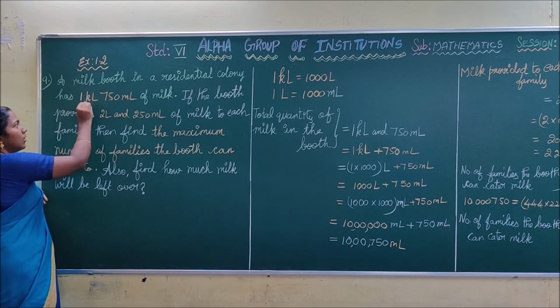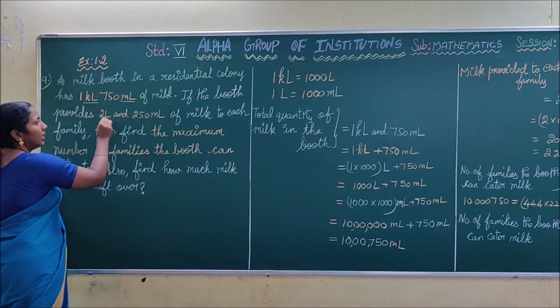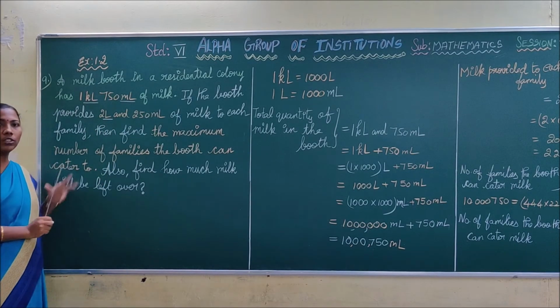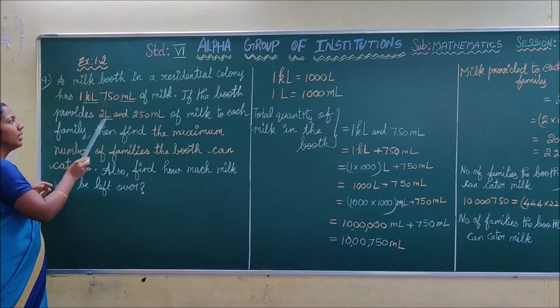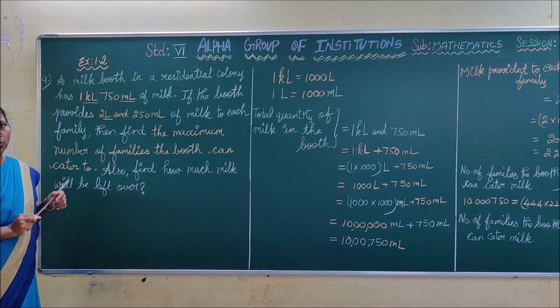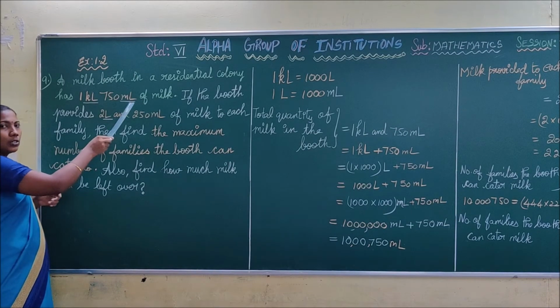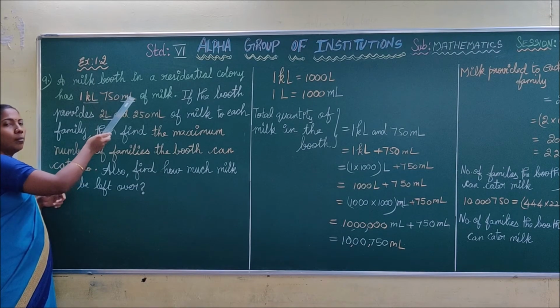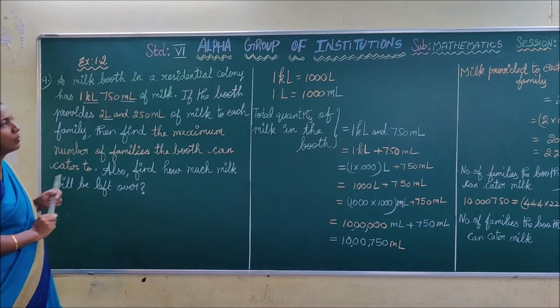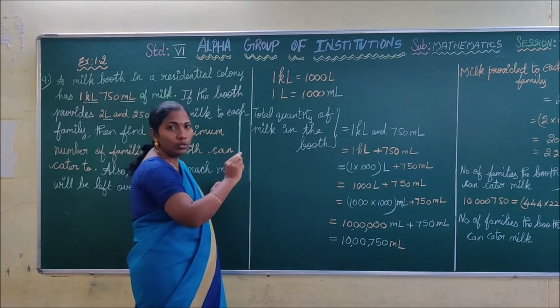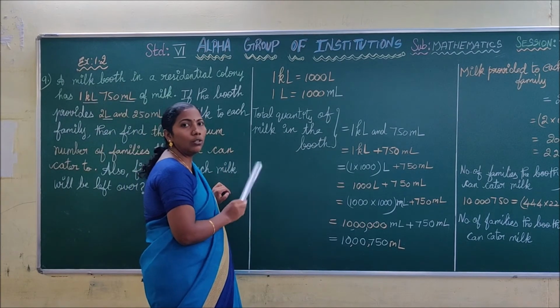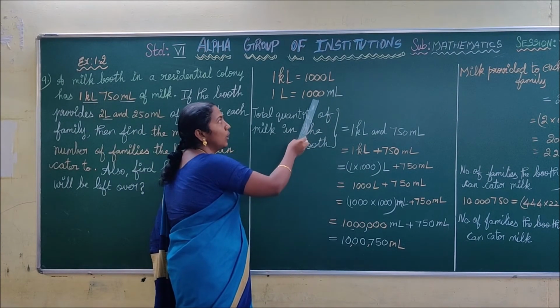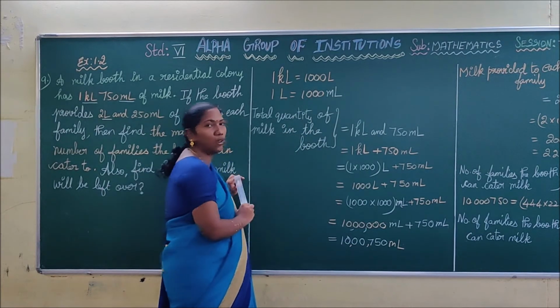It is in the units kiloliter, milliliter, liter. Here we have 3 units. Which is the smallest unit? Yes, milliliter. So we have to convert kiloliter into liter first and then to milliliter. So what is the conversion formula? 1 kiloliter equal to 1000 liter, 1 liter equal to 1000 milliliter. So you have to first write these two conversion formulas.